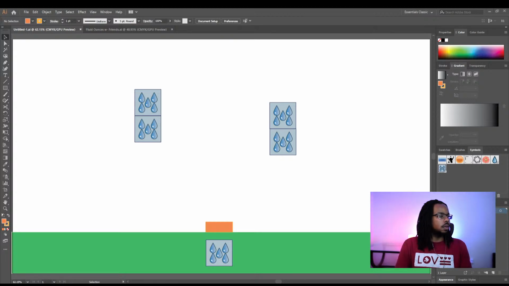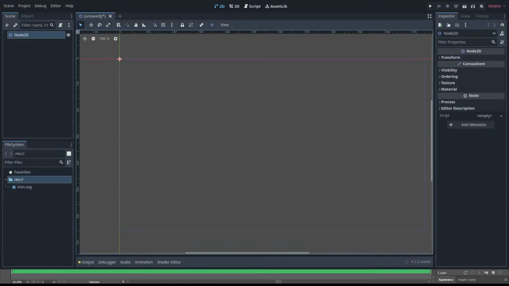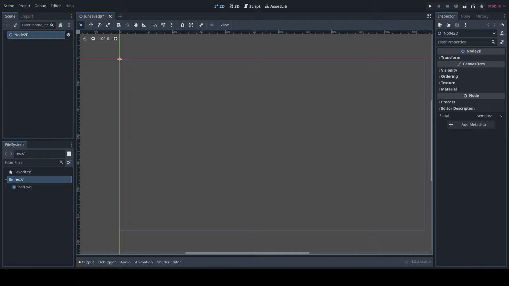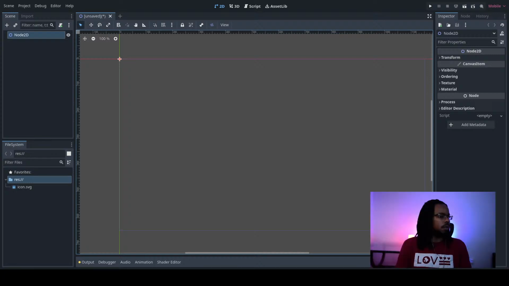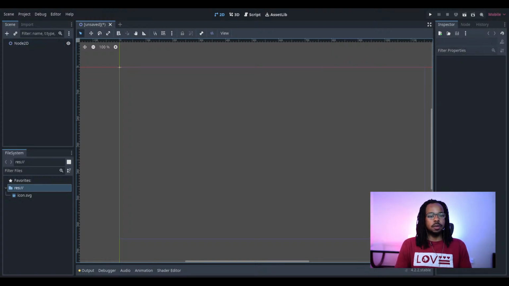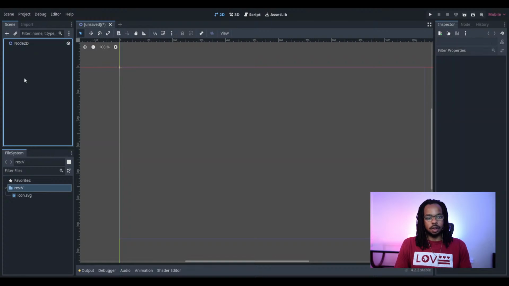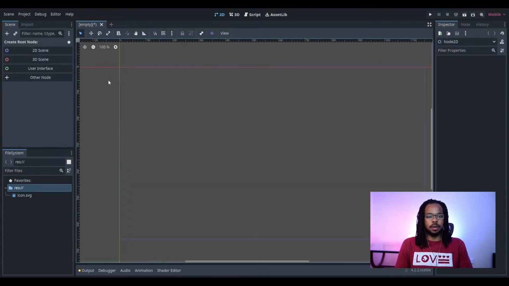So, Godot window. All right, change this to Godot. Okay, there we go. Delete Illustrator. Yes, and I want to bring you to the bottom. All right, center you. There we go. So, all right, we're actually going to get rid of this Node2D. I'm going to delete that because I think the first thing we need to do is set up a container